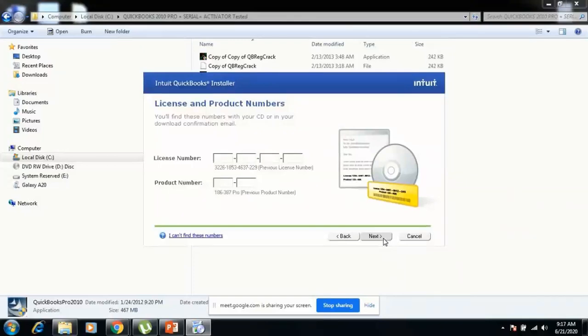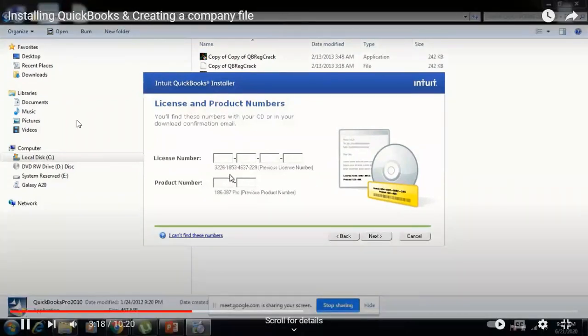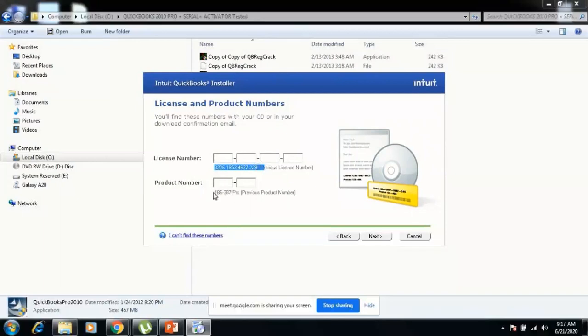Now here you have to provide the serial number. The serial numbers are given in a separate text file with the installation. Now this is the number. But when you are installing it for the first time,